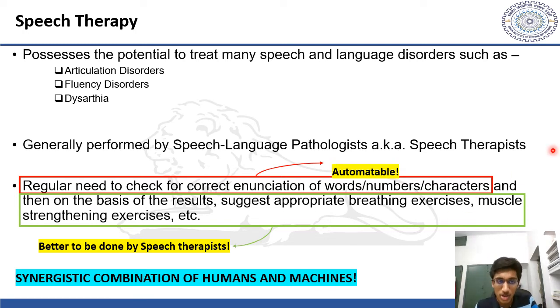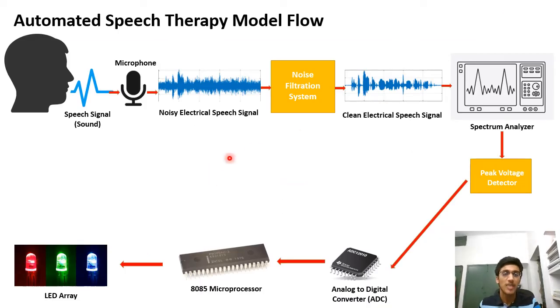Now that you have an intro about speech therapy and the model that involves an automation element as well, let us now dive deep into my automated speech therapy model, which essentially is the automation of this particular first portion of speech therapy. In my automated speech therapy model, following is the flow of the model. A particular person suffering from a particular speech or speech disorder would essentially be speaking through a microphone, and the obtained noisy electrical speech signal equivalent to this sound signal would essentially then be filtered in order to yield the